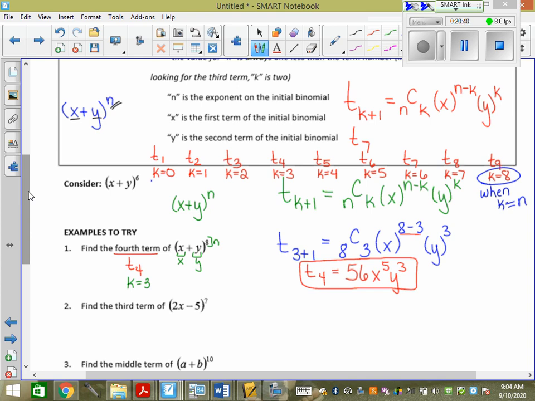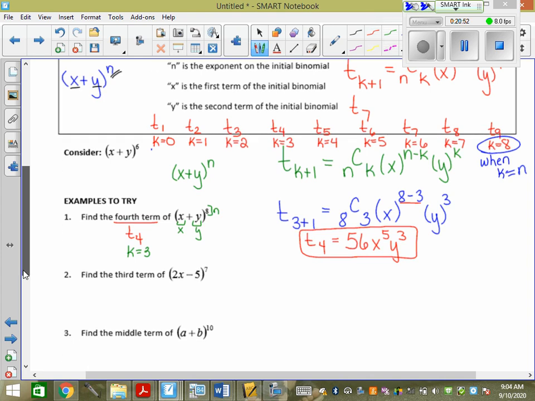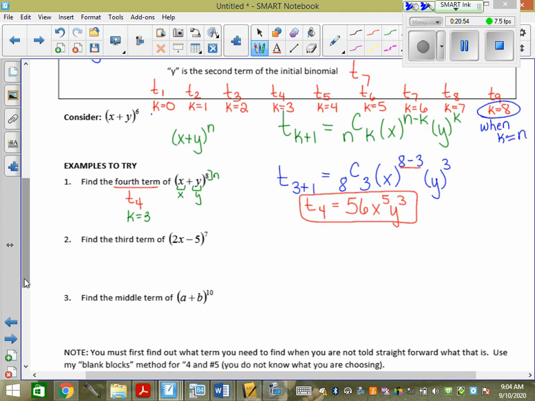And they might even ask you that. If they ask you for the total number of terms here, it would be 9. What would the total number of terms be for 2? 8. What would the total number of terms be for 3? 11, right? It's always one more, because I have to start when k equals 0, and I have to go to k equals n. So if I start at 0 and go to k equals 10, that's actually 11. So it's always one more term.